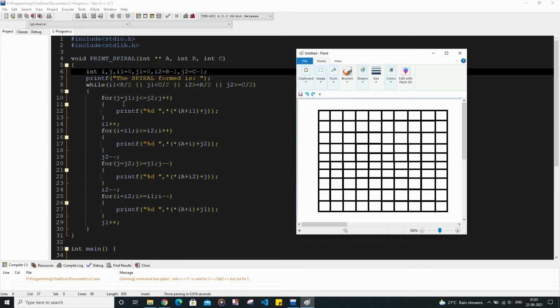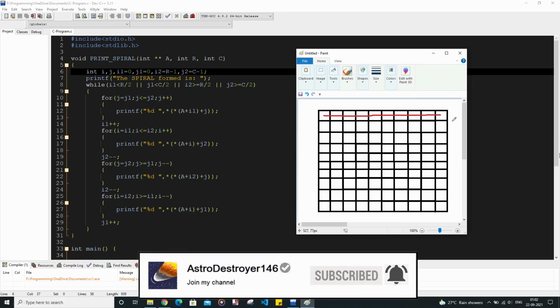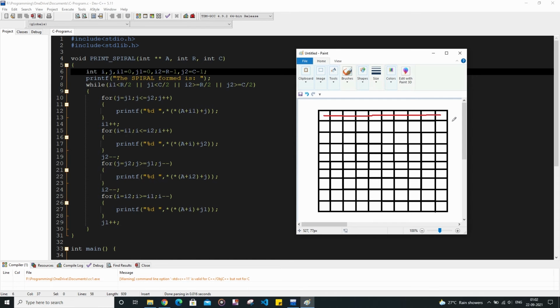So for this row, j will assume the values from j1 till j2. Like this it is going to traverse, and after completing this row, we are going to traverse this column. For this, the row values, that is the i index, are going to change, but the column index, the j value, will not change.